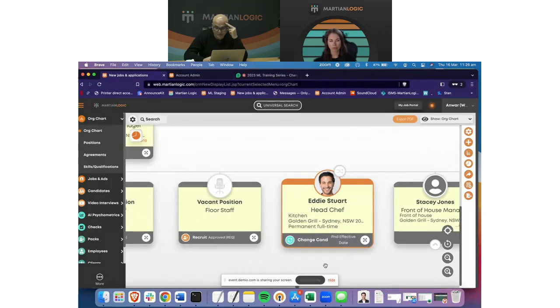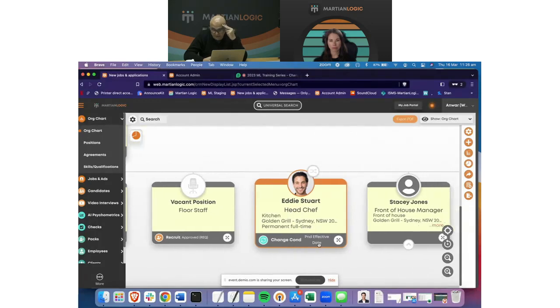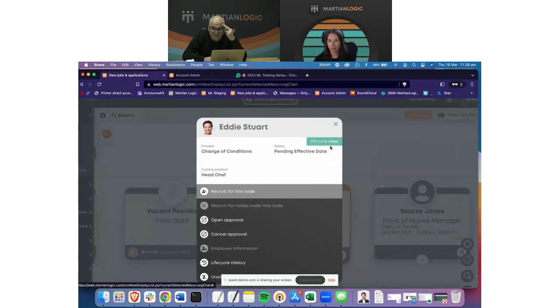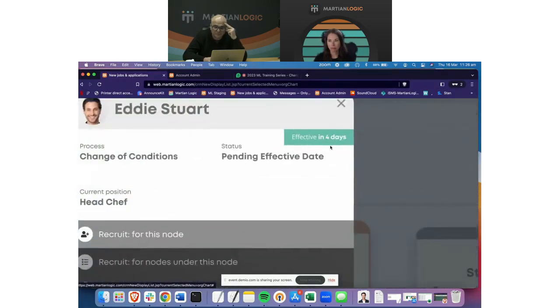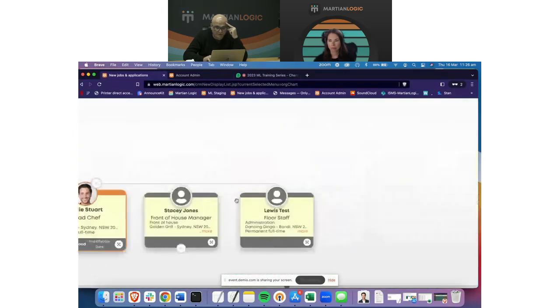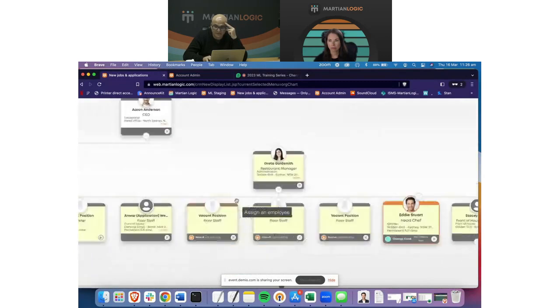That's it though. So now we know that a change of condition has taken place and it's awaiting approval, pending the effective date. I think if I go here, it shows me the effective date. Yep, the effective date is in 4 days, it says. And no matter where I go now, if I go to the employee database, for example, no matter where I find